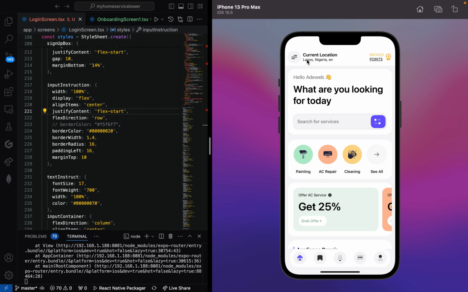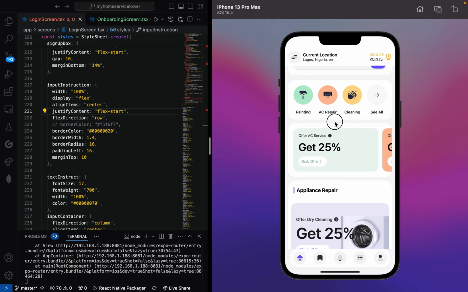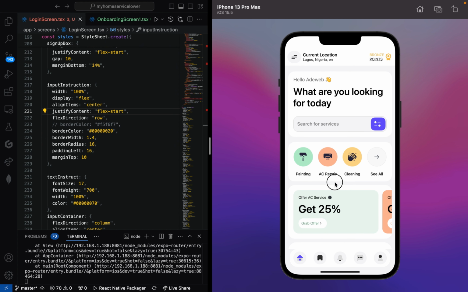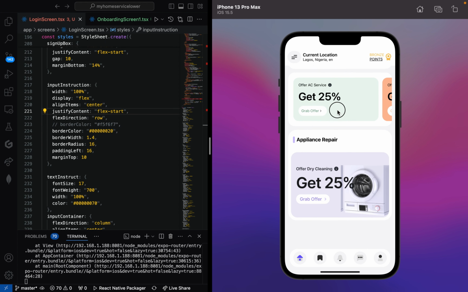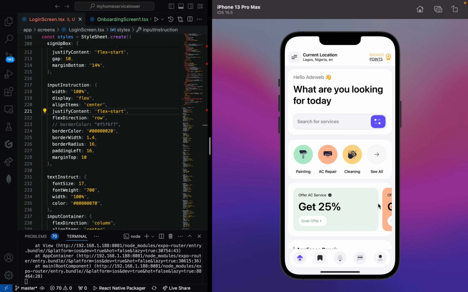This is my location that I selected when registering for an account on this mobile application. So this is our interface. So let's go straight into how this mobile application functions. You can see we have a very beautiful UI/UX design here. This particular mobile